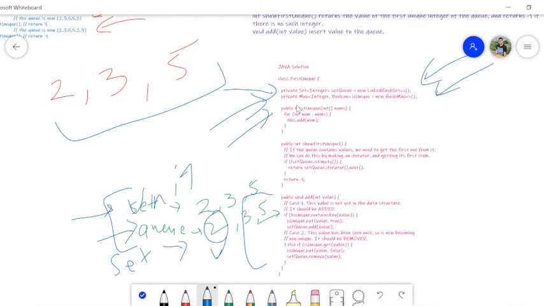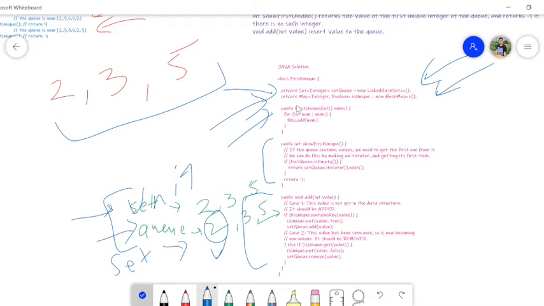You can name it a queue, you can name it anything, it's just variable naming. But we took only 2 data structures. One is the set, which will have the unique elements. Second is the map, which will mark whether the number is duplicated or not. So the first time this is called, we will return 2.